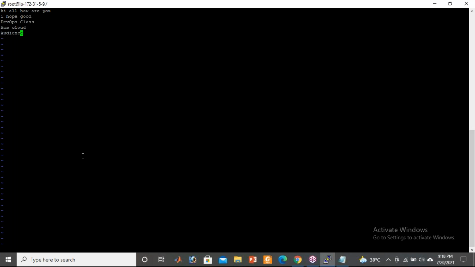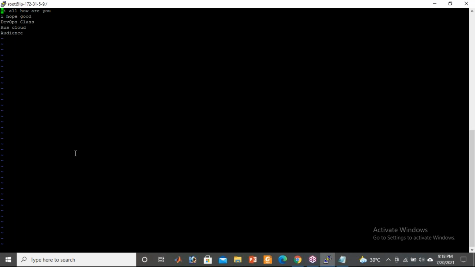Okay, example: there is a file with a huge amount of data. I want to go to the first line. Simple, guys, gg. You can use the up and down arrows also, and for a small file you can do that very easily. But if it is a big file, it will take some time, right? So press small gg. See guys, small gg will take you to the first line.